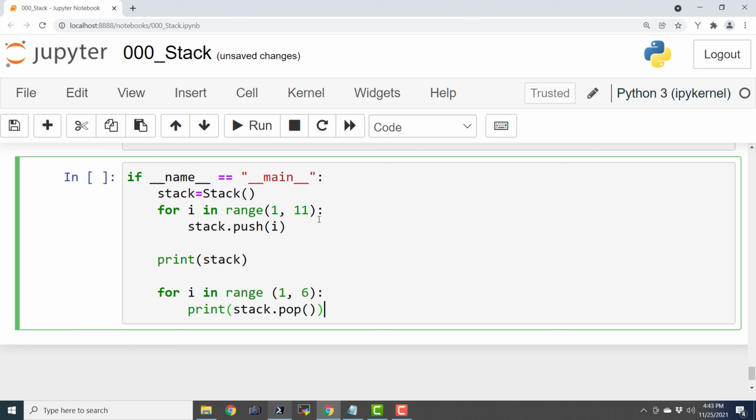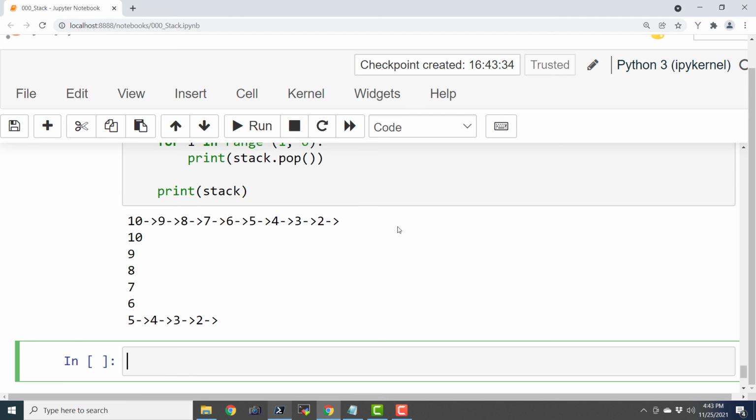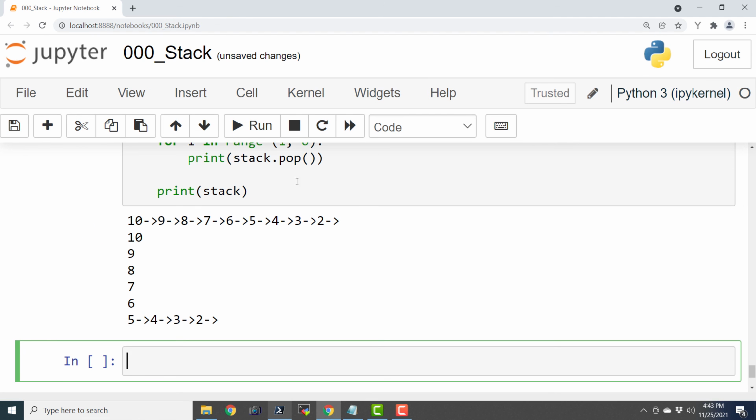That's it. Finally, print stack. And if I save it and if I execute it, it is going to show us this sort of result.